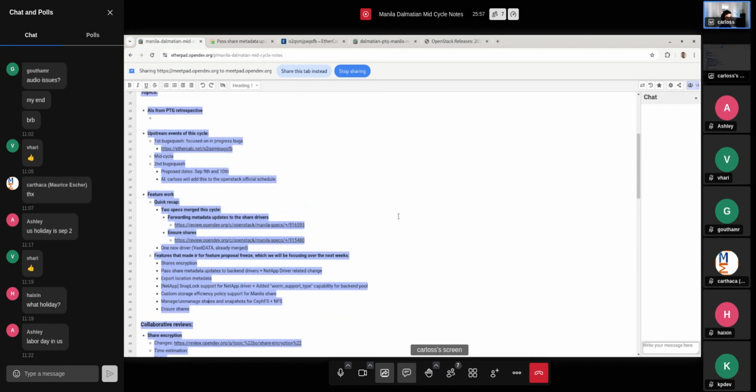So, did I miss any feature? I think I looked over Gerrit, and I think I didn't miss anything. I mean, this is not all of the bugs that we are targeting as well. There are a lot of bugs that we can close as well, and some other RFEs that are related to bugs. But in this list, I pretty much focused on features that qualify for feature proposal freeze, and yeah, I think I didn't miss anything because the count pretty much matches what we counted on for